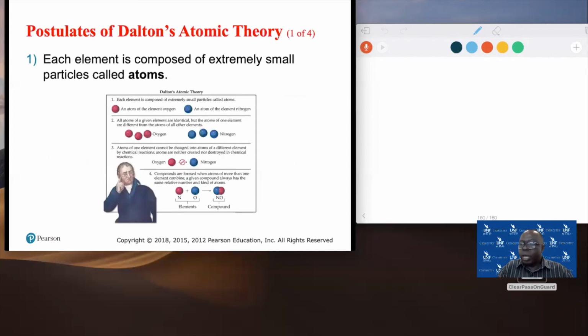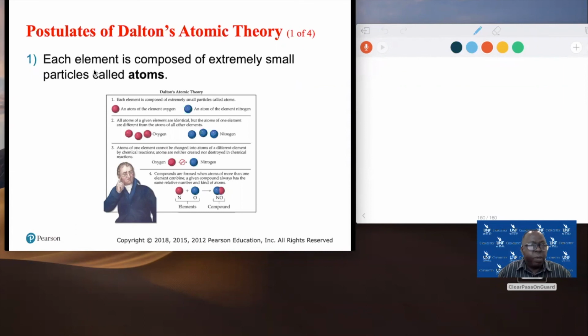All right, and these are the four postulates of atomic theory. When we say a theory, it is something we cannot see in reality. By the way, he didn't come up with an elaborate experiment which demonstrated the actual atom and say, here is the atom, but he postulated what it really looked like. So they could see the law of mass conservation, but why? This is why I explained the law of mass conservation, the law of definite or constant composition, that each element,